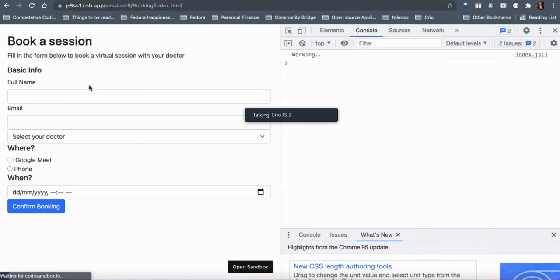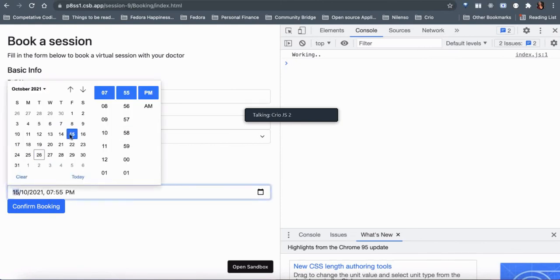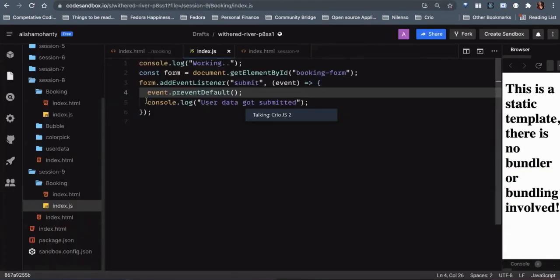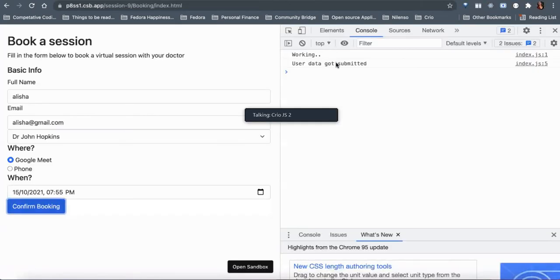Okay. So we have this data. Now I am writing alicia@gmail.com, and I'm filling all this data, right? Now when I select and confirm the booking, you could see that whatever was happening earlier, the page getting reloaded, the data getting appended to that URL, it's no longer happening. Only whatever we have written, like this console log for now, it only got printed, right? So what event.preventDefault did, it stopped the default functionality of the submit, which was to append into